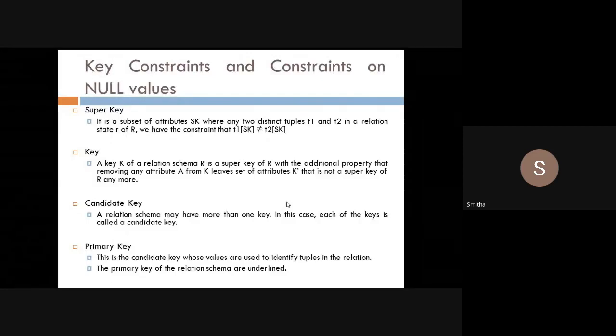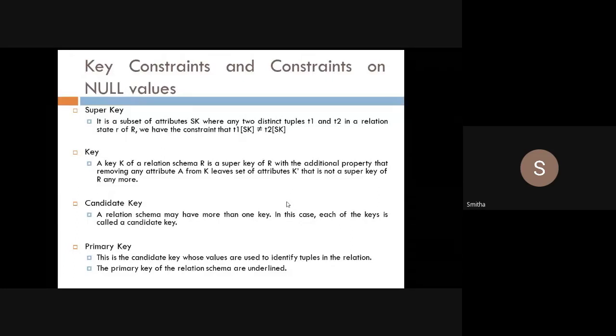Under USN I will have 4DM18CS001 and 4DM18CS002, and under student name I will have Pratiksha and Prashanti. If I take Pratiksha's tuple, it has 001 and Pratiksha, which is entirely different from 002 and Prashanti, right? That is what this says.